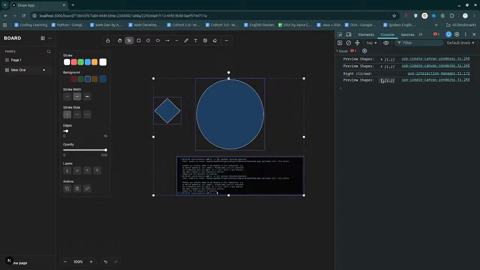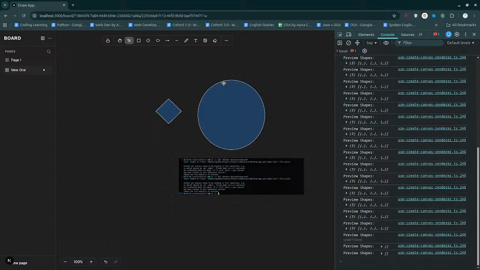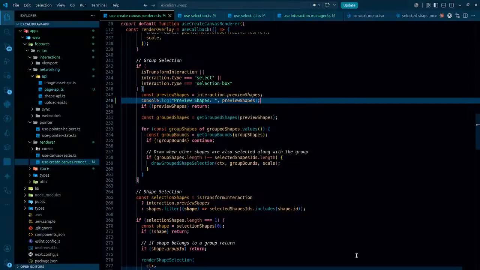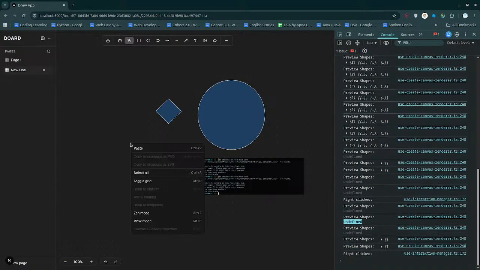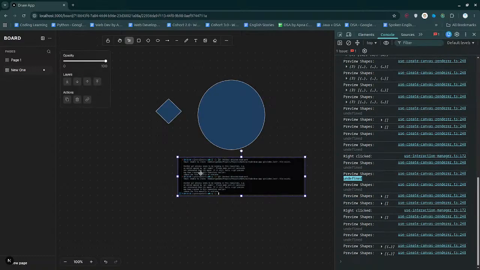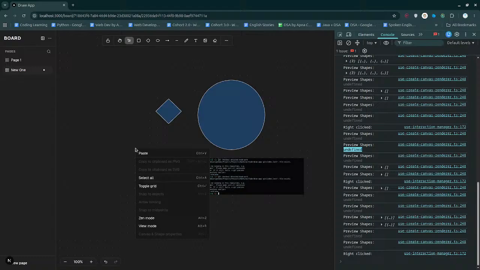So when it comes to changing the stuff, preview shapes is mainly for previewing it. So when we start moving, then suddenly all of them are selected. So all the selected shapes are gonna be the preview shapes. That is fine. The only problem is that when I click on select all at this level, the preview shape is actually undefined and that never runs. And that is right. So preview shape is undefined, and whenever we just right click,